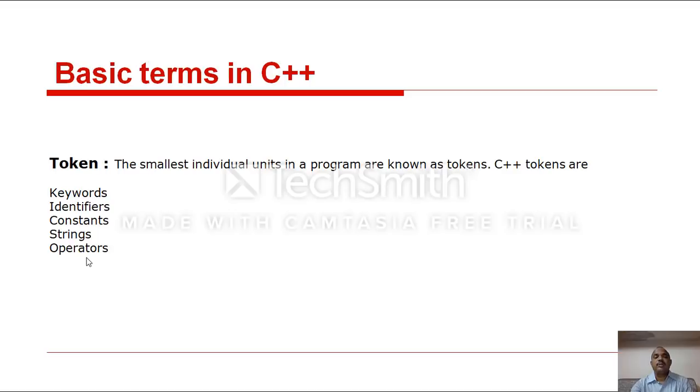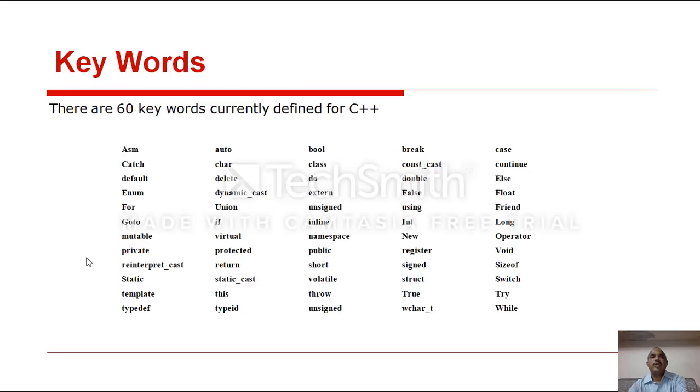How many tokens? There are 5 types of tokens: keywords, identifiers, constants, strings, and operators. These are the keywords. Yesterday, in the last class, we discussed each and every keyword. Okay, all of you. Then the next one is